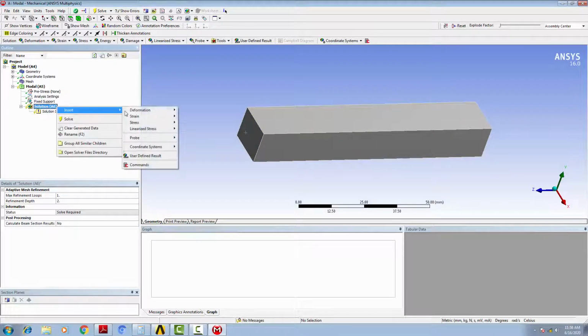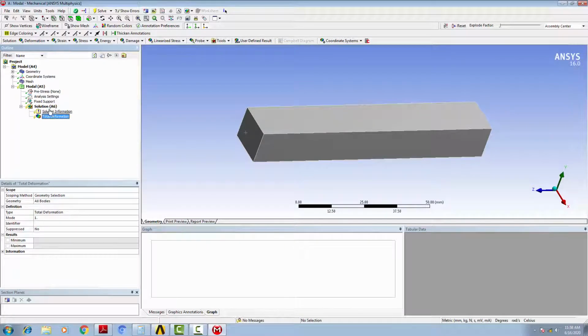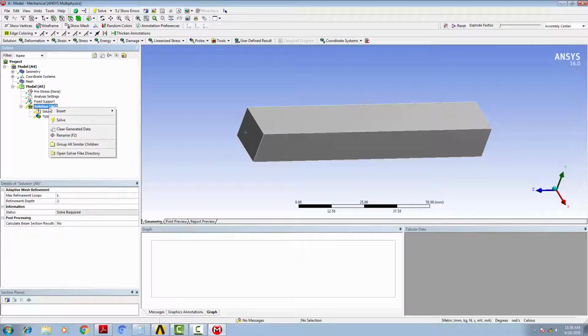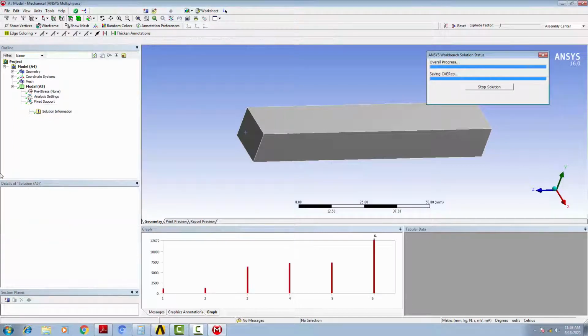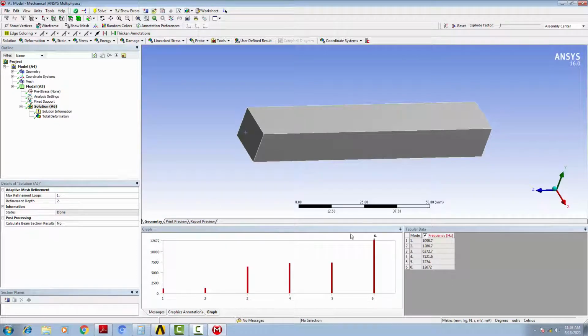Then in solution I will insert deformation, and then I will select this solution, right click, and then solve. You will get total deformation and various natural frequencies for this object. So here are the results.